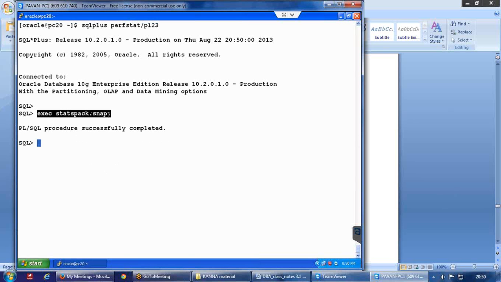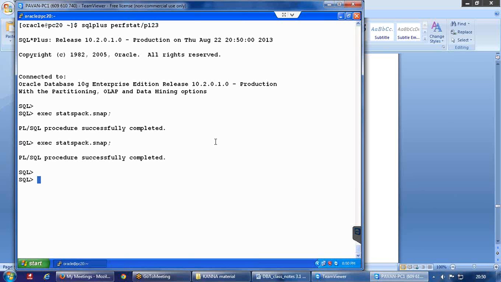In practice databases, whether you wait for 1 minute or 1 hour, you don't see any difference because there is no real performance issue here. So that's the reason I am executing it immediately. The first one will act as the begin time, and the second time when I run it, it will act as the end time. Once we have this command executed 2 times, we need to generate a report between these 2 time frames, and for that we are going to execute one more script,